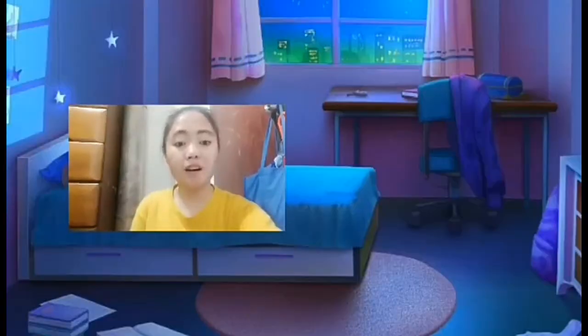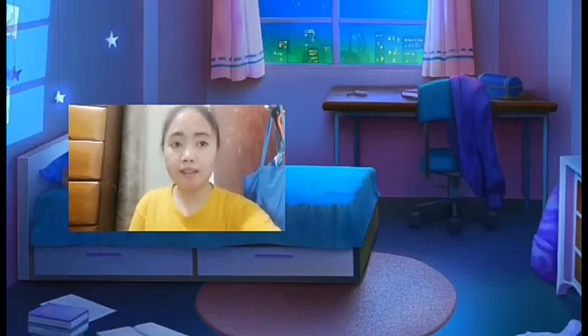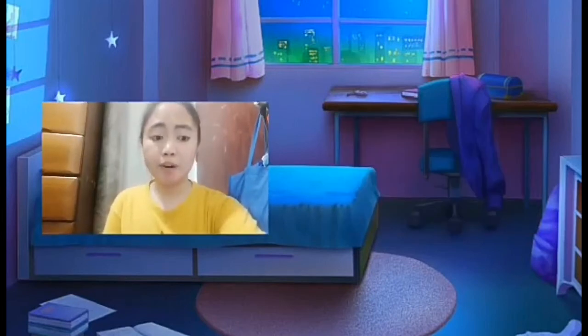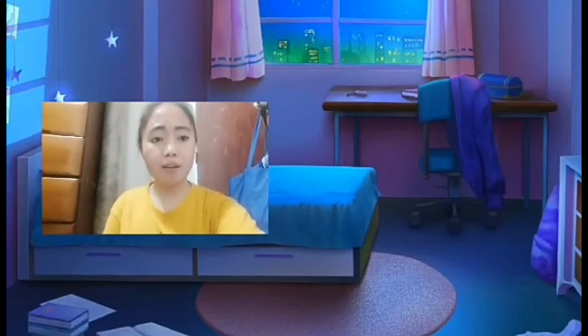Hey Mary, wake up. It's already 4 a.m. in the morning, yet you're still in your bed. But, Mom, it's still early to wake me up. There's still no sun, Mom. But you said last night I should wake you up early because you have a recitation for English literature. Am I right, Mary Smith?